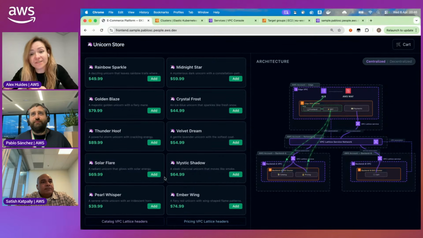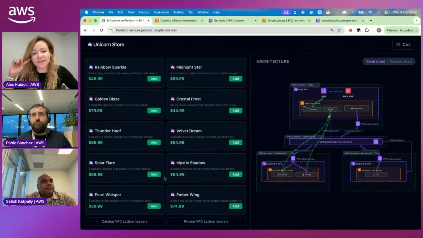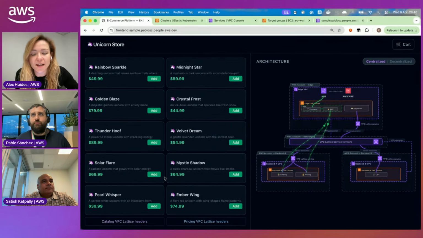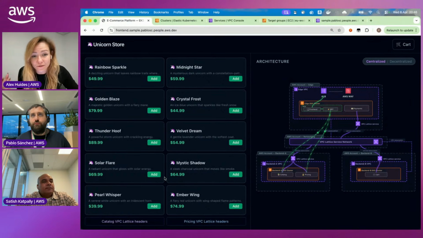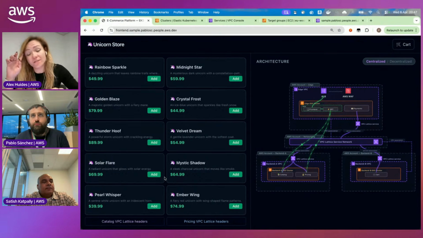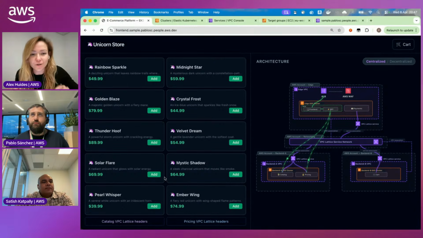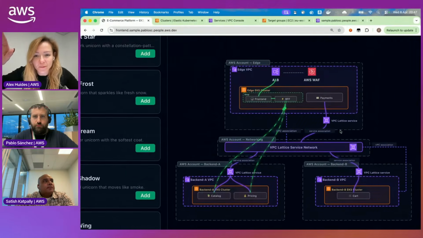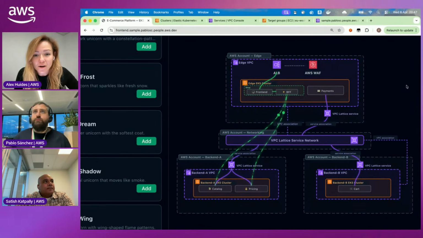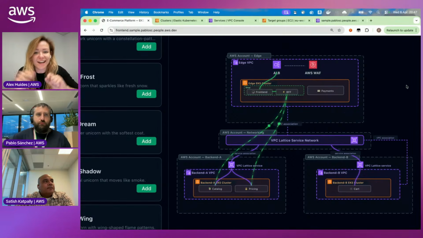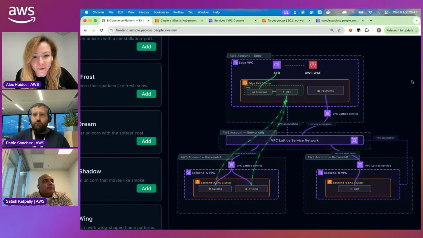So having private communication between payments and card, for example, is really important, because technically payments is a service that does not have to be externally exposed, right? It's a service that just needs to be called by card. Card is externally exposed and you're fine. Or even in this case, actually just shop is externally exposed. And your footprint for securing this is essentially limited to shop and that public facing application load balancer, rather than exposing all these services to the public, using gateways to talk to each other and having this suboptimal connectivity pattern. So really, really important.